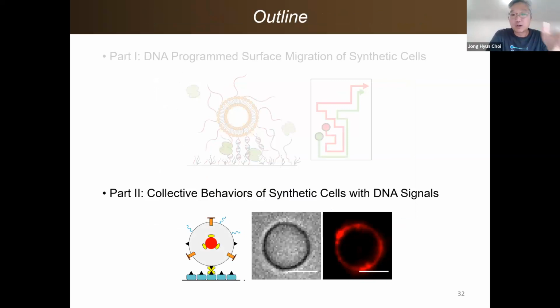The next topic that we wanted to show you is that, so far our vesicle migration system was really between the two vesicles, one in red and the other in green. Only between the two. It doesn't necessarily have to be only two, but that's what we've been mostly seeing. But what we wanted to do was more like collective behaviors. In this toy system, we were interested in building a toy system that can work with multiple different